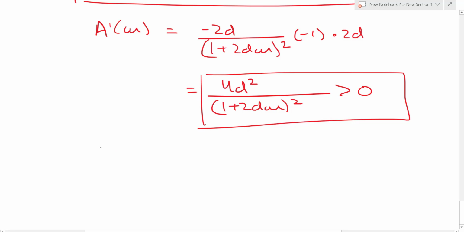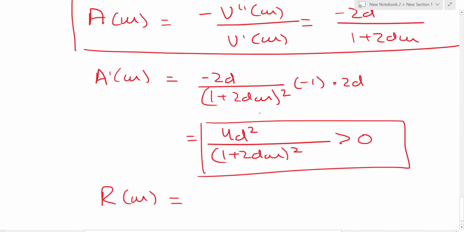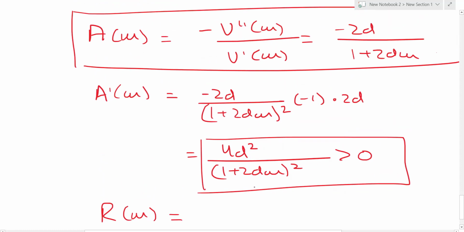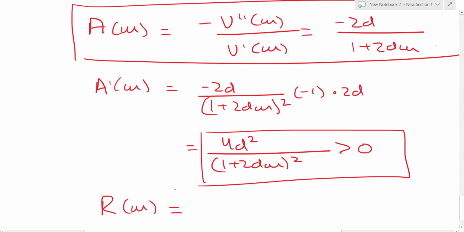Okay, which is not very logical in the real world. And what would be r of w? R of w will be just this term divided by a of w, multiplied with w. So it would be minus 2dw divided by 1 plus 2dw,